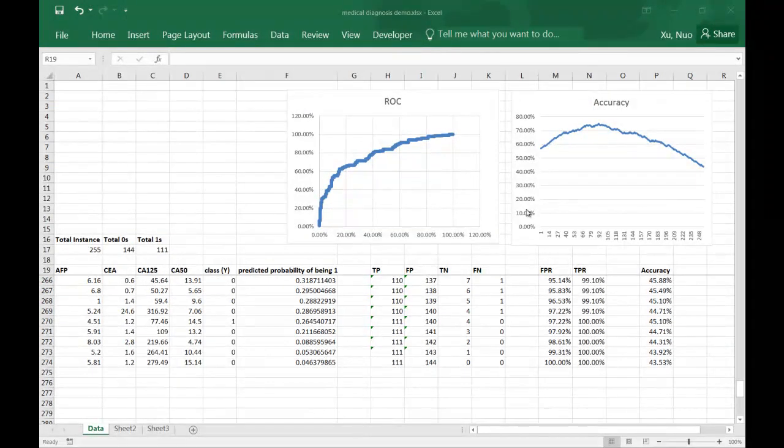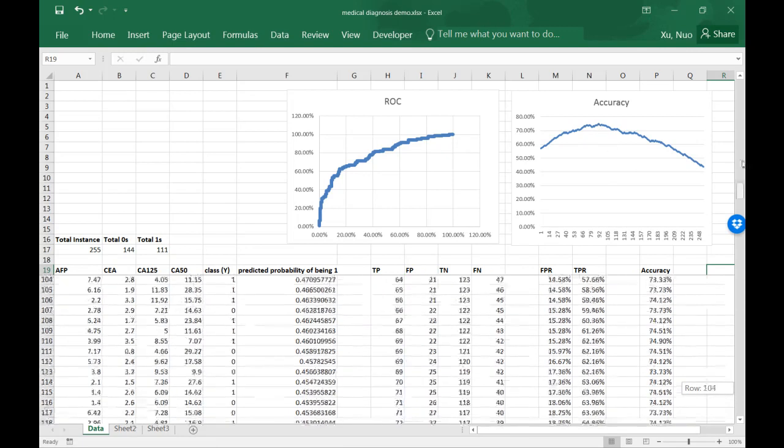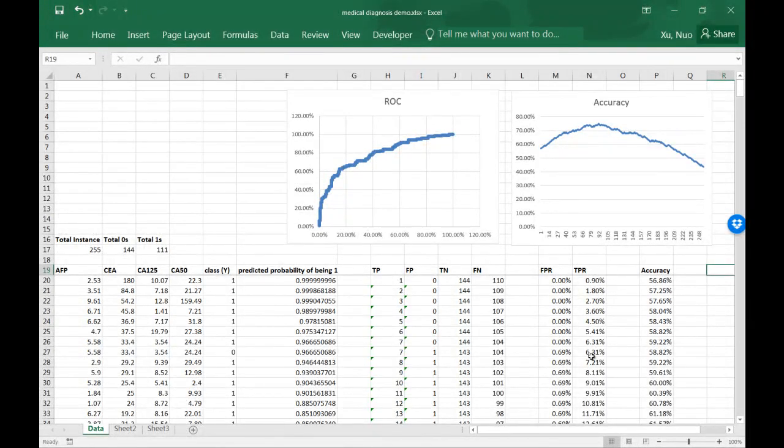The reason I created these two graphs is they provide answers to the two questions we have had so far. The first one is how to find the best cutoff point. So if you look at this chart, the accuracy represents if we keep moving the cutoff to a lower and lower probability. So this shows us the accuracy first goes up, then goes down. So I can find the cutoff point that represents the highest accuracy. And that cutoff point seems to be a reasonable